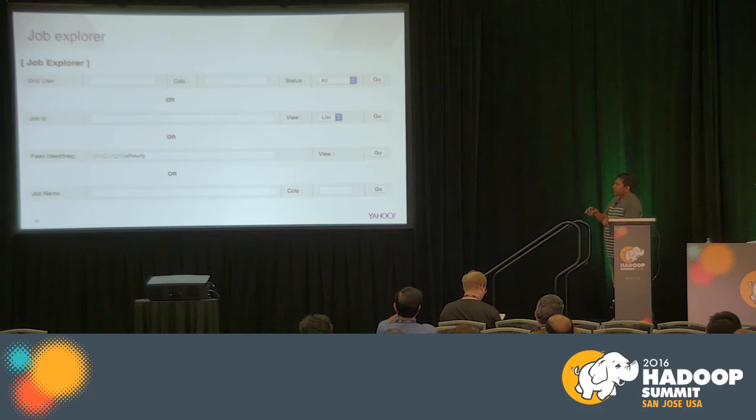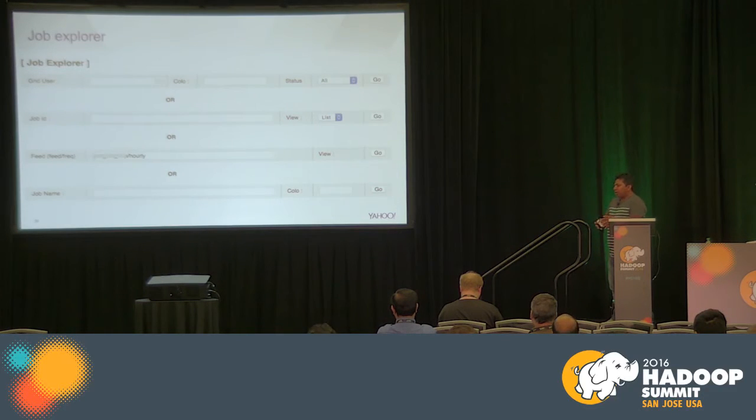It can also search by job ID. In Oozie, at Yahoo, the job ID has the cluster name. So if you just give the job ID, they pull the cluster name from there, and then pull the details of that particular job from that cluster and show them here. One of the cool features they have added is the feed. Given a feed name and the frequency, it pulls out all the coordinator details which are supposed to produce that feed. This is a very cool thing, and this is useful.